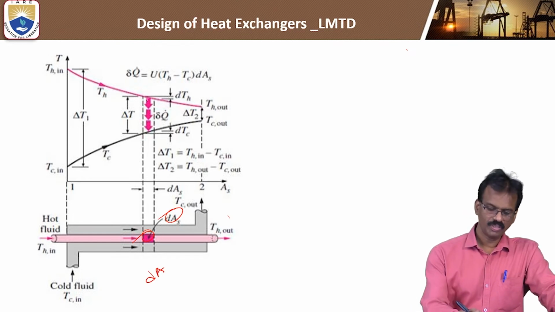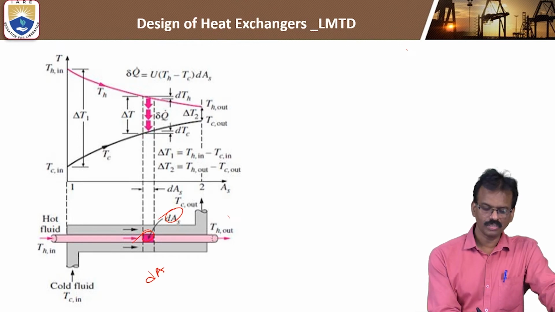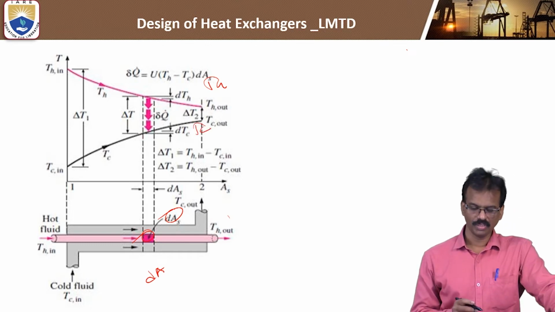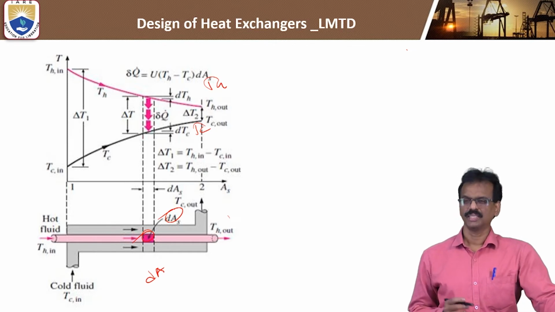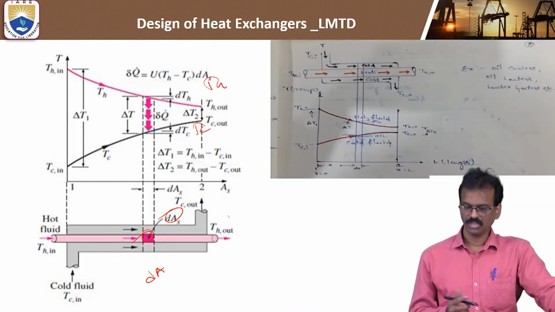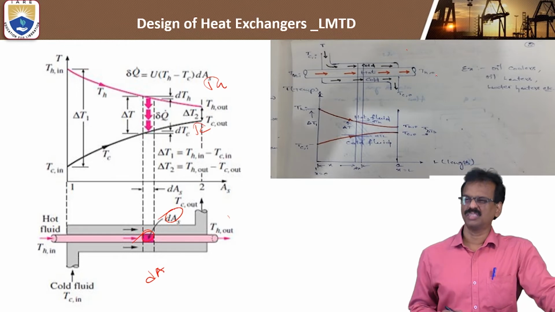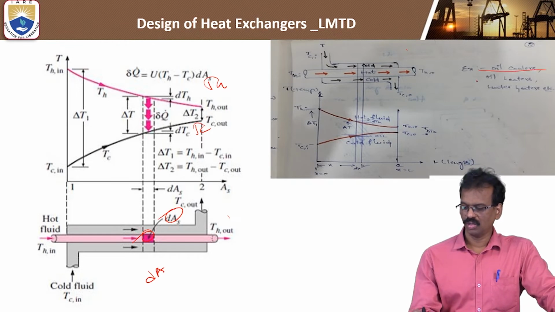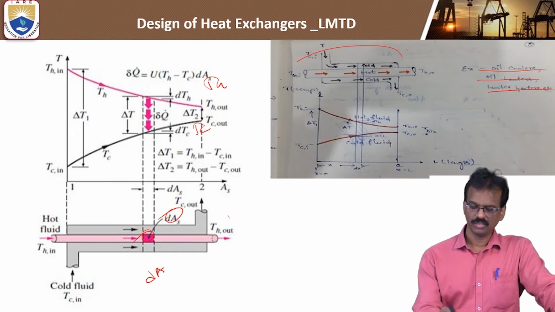Okay. The corresponding temperatures for the small elemental area: here temperature is gradually decreasing, so this is the dTH. Here temperature is gradually increasing, that is the dTC. So the temperature of the cold fluid, temperature of the hot fluid. So delta T shows the TH minus TC. So here you can see the same diagram like this. Mainly this type is used for oil coolers, oil heaters and water heaters. Okay, this is the